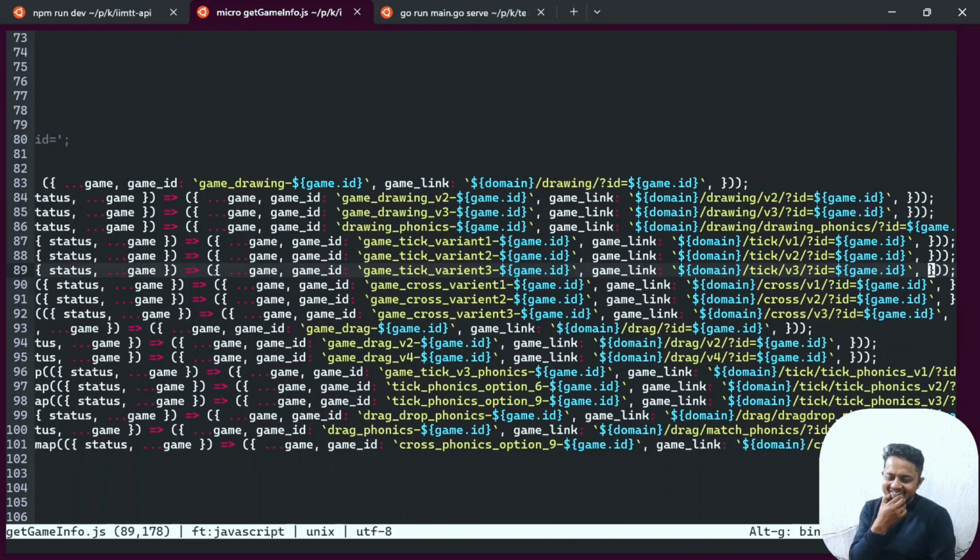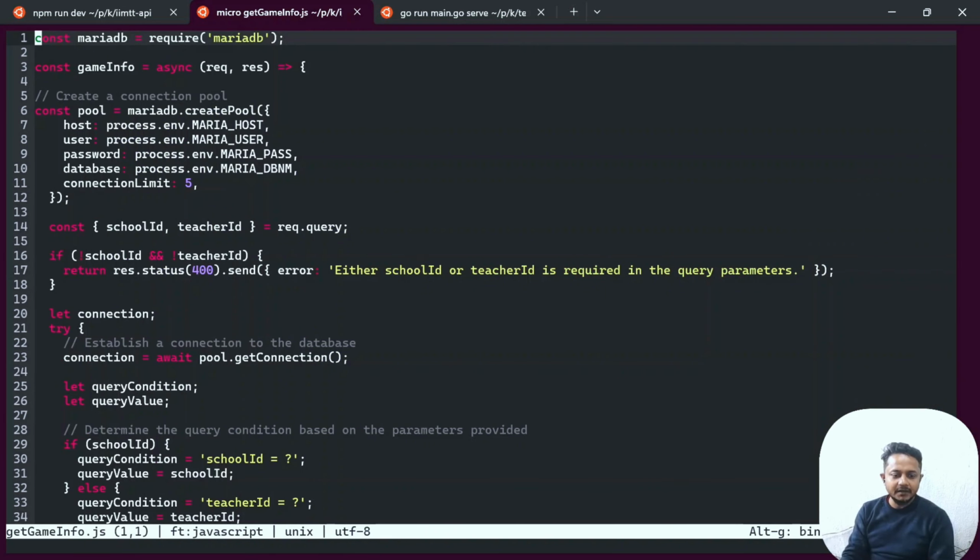The link depends on the table type. So what I'm doing is getting the domain name from the env file, then concatenating this URI substring followed by the id so that the game URL is possible.